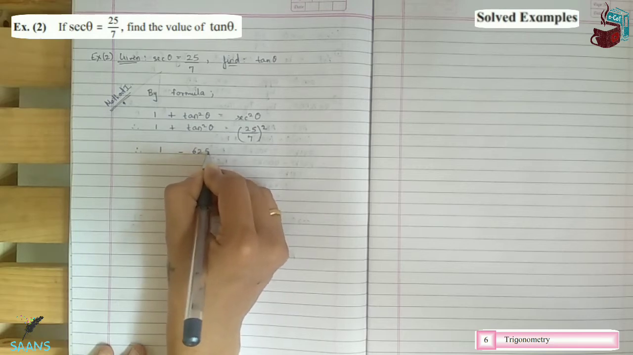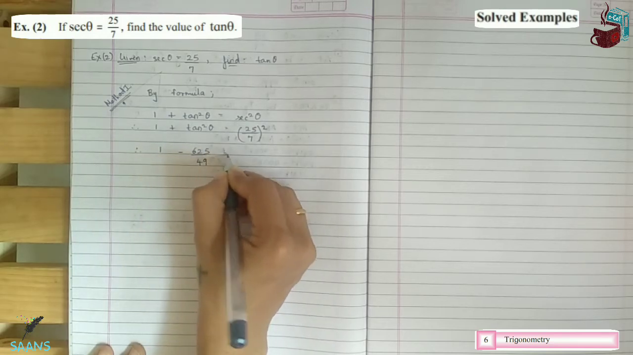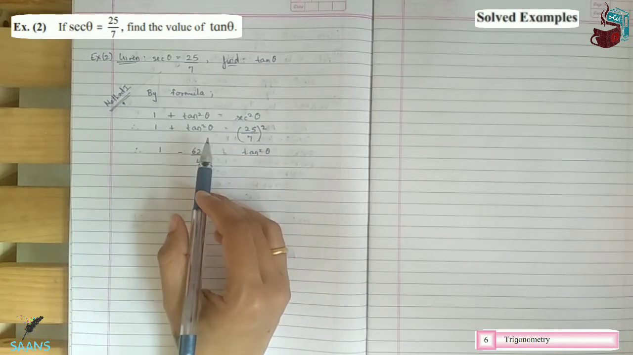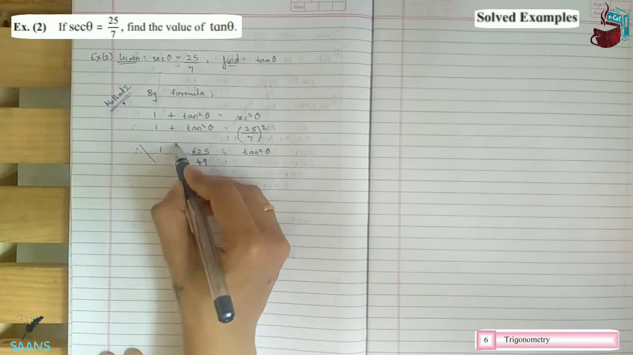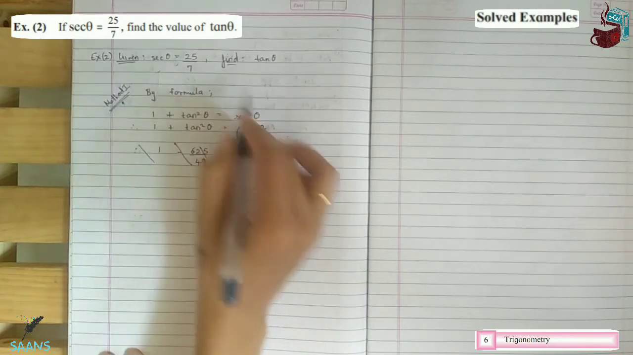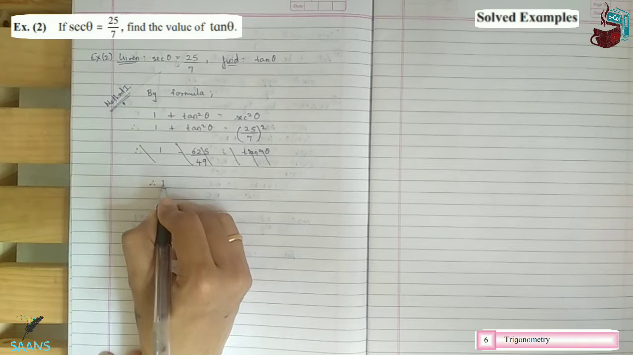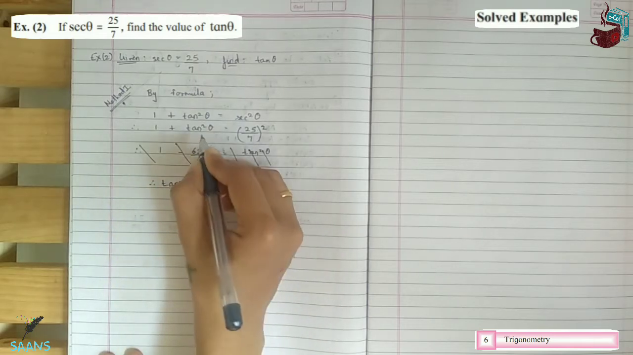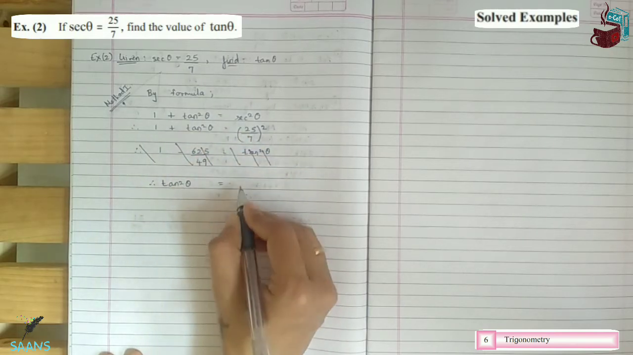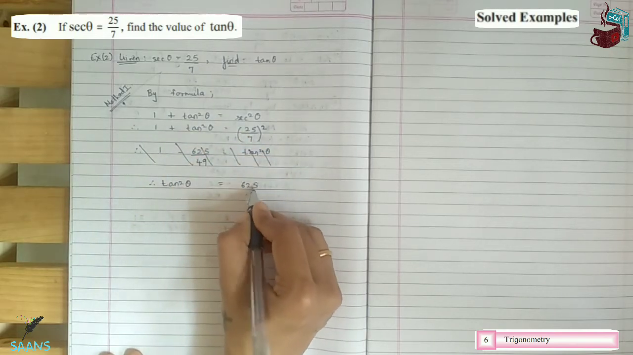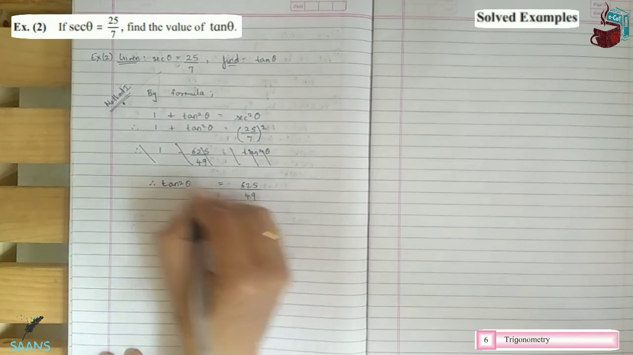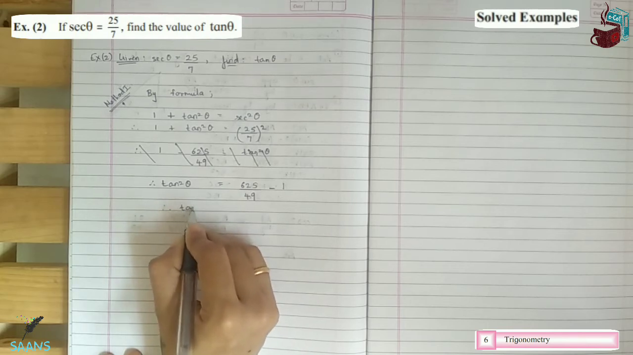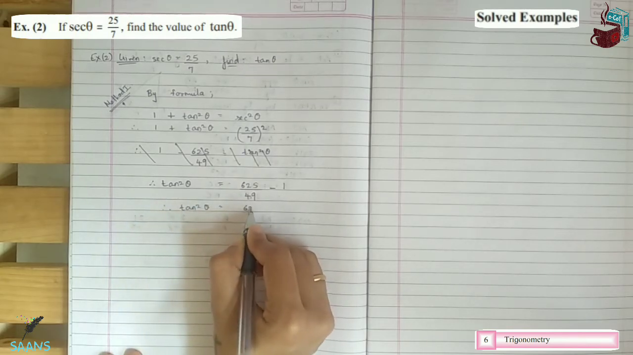625 upon 49, that is equal to tan square theta. Wait, one minute, sorry, this is a calculation mistake, because if I take tan square theta to this side it will become minus. So I'll keep tan square theta on this side because it is positive. Then 625 upon 49 minus 1, better. So therefore, tan square theta is equal to 625